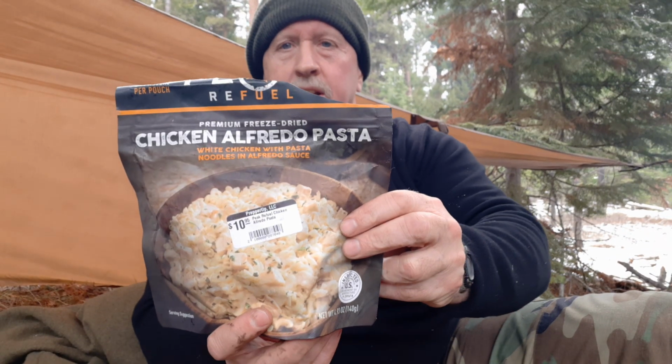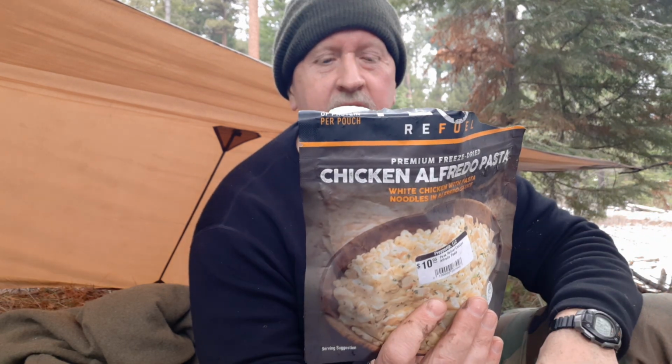Okay, again, chicken Alfredo pasta, tremendous amount of calories, 870 calories, 53 grams of protein. And I'll tell you, the number one thing you need out here in this cold weather and working at everything, oxygen absorber is calories, and the protein is just a big plus. We also got 54 grams of carbs, so there's energy and protein and fuel, lots of fat in it too, 46 grams of fat, everything you need to fuel back up, stay warm for the night because you've got a